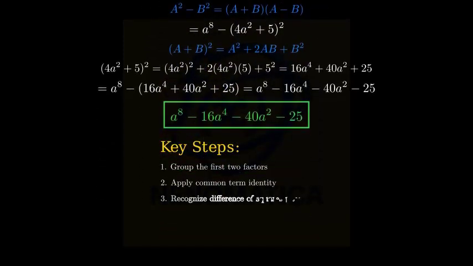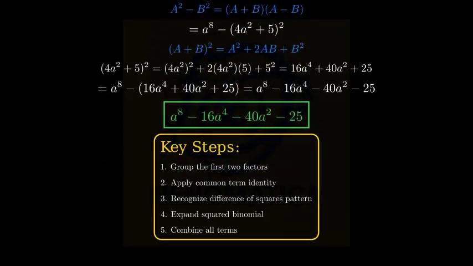To summarize, we expanded the expression by first using the common term identity to simplify the first two factors. Then we recognized a difference of squares pattern and used that formula to further simplify. Finally, we expanded the squared binomial term and combined everything to get our final answer. This method shows how identifying patterns like the common term identity and difference of squares can help us tackle complex